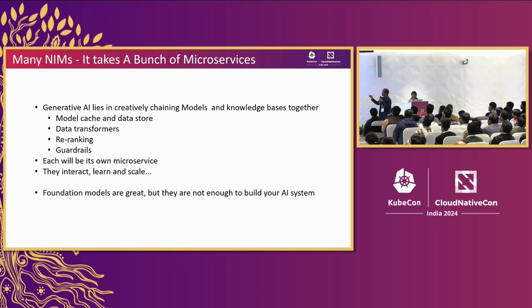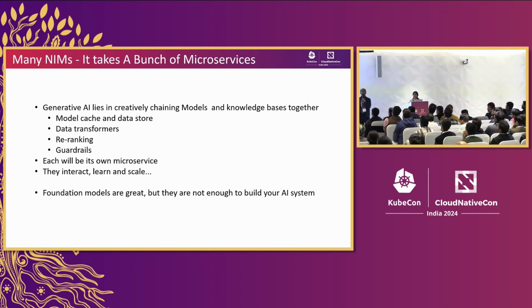To set the stage for that, your idea is that you want to have a generative AI system and you want to use an LLM. Maybe, let's say, text will be our sample for today. Now, the key capability of generative AI doesn't depend on only one NIM service. You need multiple of them. And why do you need multiple of them? Because you need one for transforming your data, one for doing the actual generation, and then you need something for re-ranking, because you need to ensure the data is appropriate for your context.